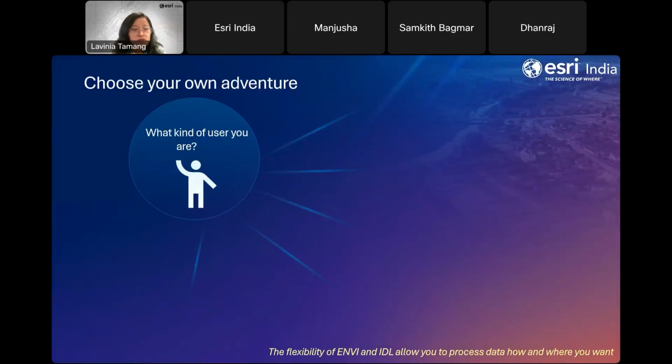So what does choosing your own adventure mean here? What is good with ENVI and IDL is that it provides flexibility to the user and allows them to process their data, and they can choose how they want to process their data and where they want to process their data. So depending on the type of users,